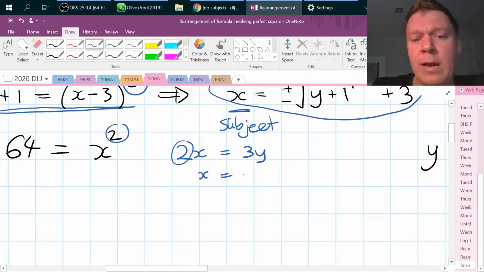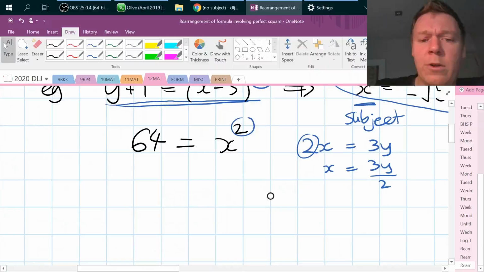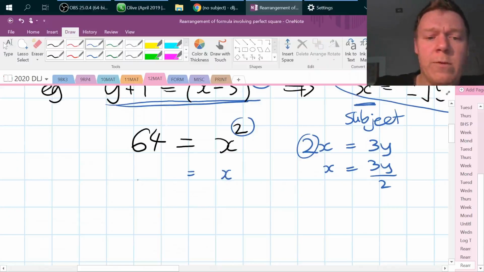It's like it becomes a divide by 2, so we get 3y divided by 2. So in the same way, when you move the power of 2 to the other side, it just becomes a square root. So you don't actually need to write x squared out again, you just put x equals square